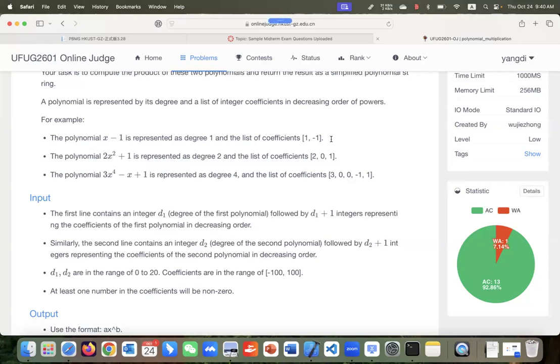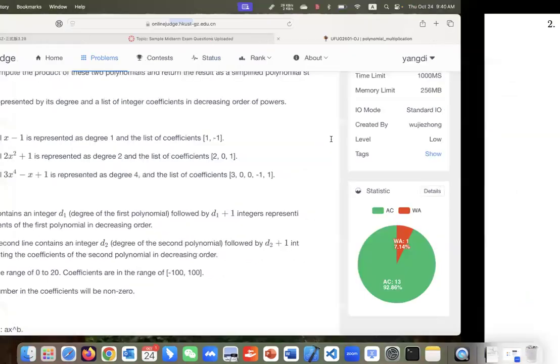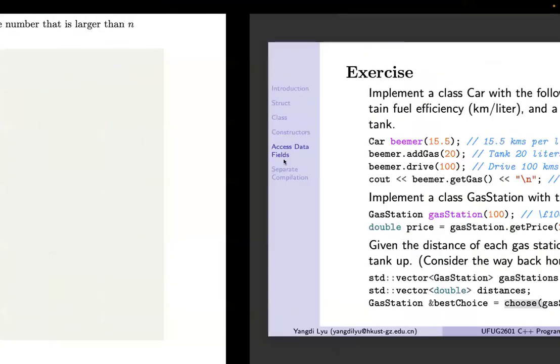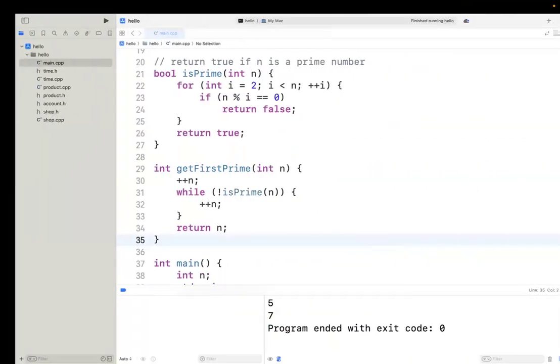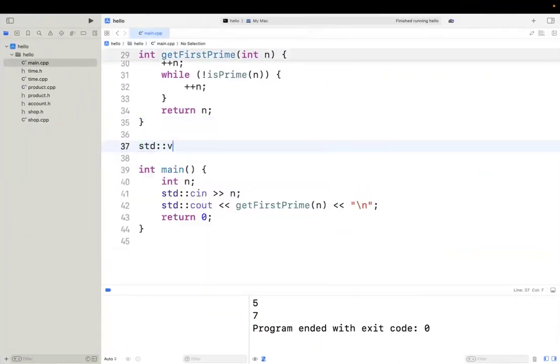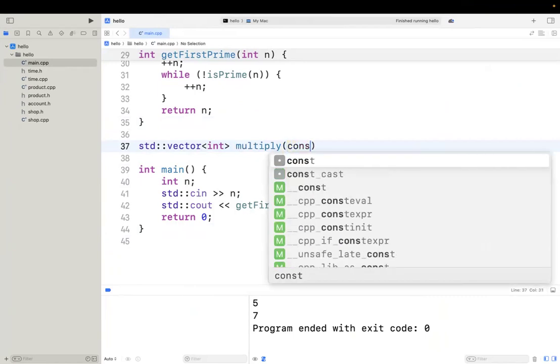So you need to do it manually instead of directly implementing it. So let me see if I can implement this simple one. So assuming we are returning a vector of integers that is doing multiply, which takes